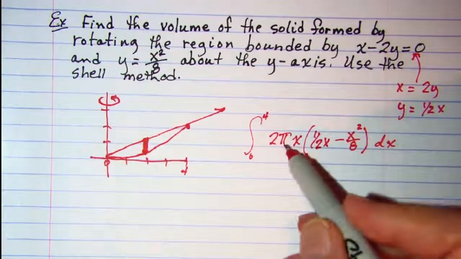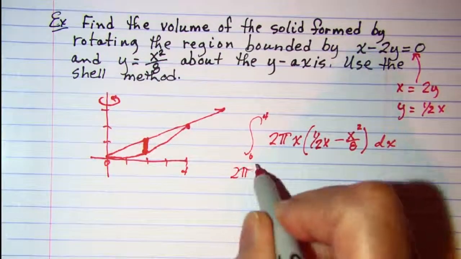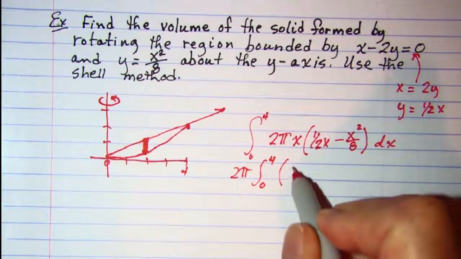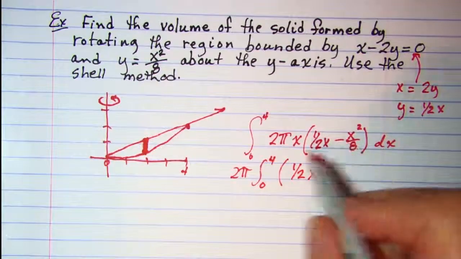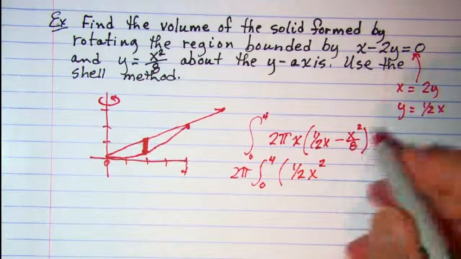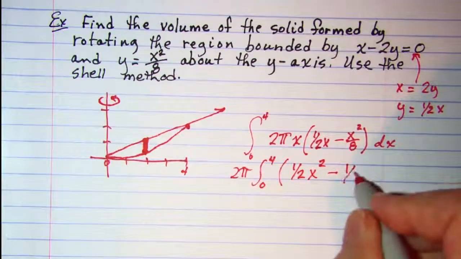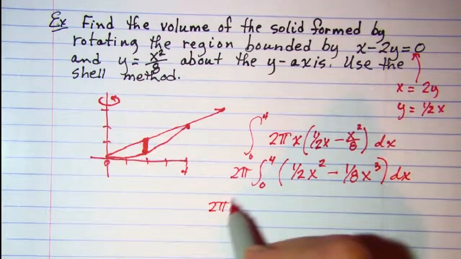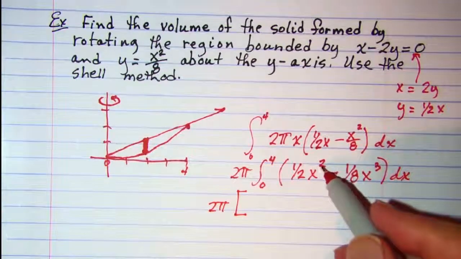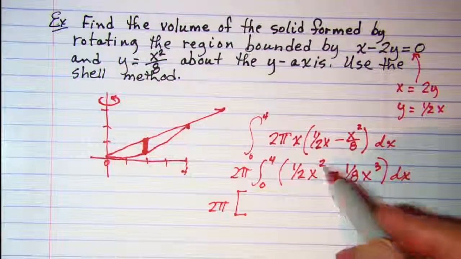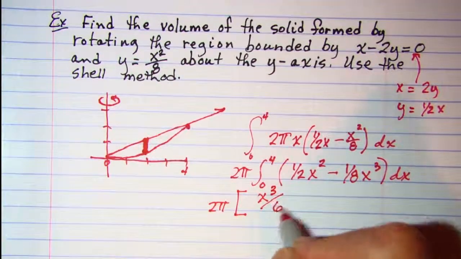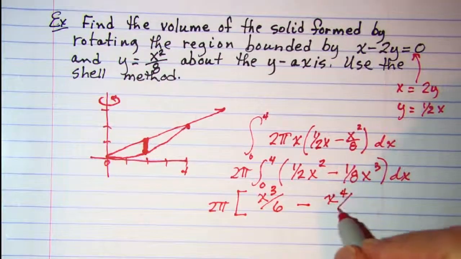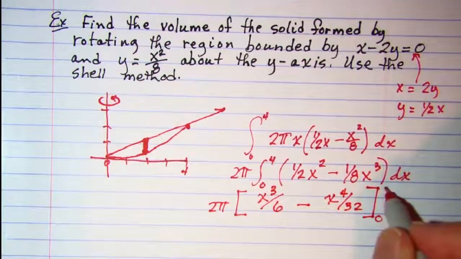dx. Alright, we can take the 2 pi out in front of our integral. And let's distribute here. We have 1/2 x squared. And then when we distribute here, we have x cubed. I'm going to separate my number, so 1/8 x cubed. Alright, so when I integrate, then I have x cubed over 6, subtract x to the 4th over 32, from 0 to 4,